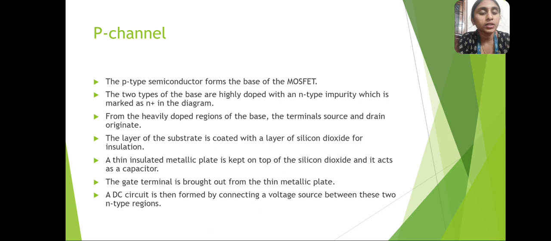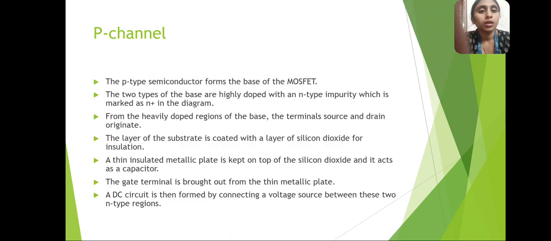The layer of the substrate is coated with a layer of silicon dioxide for insulation, and a thin insulated metal plate is kept on top of the silicon oxide, and it acts as a capacitor. The gate terminal is brought out from the thin metal plate, and a DC circuit is then formed by connecting a voltage source between